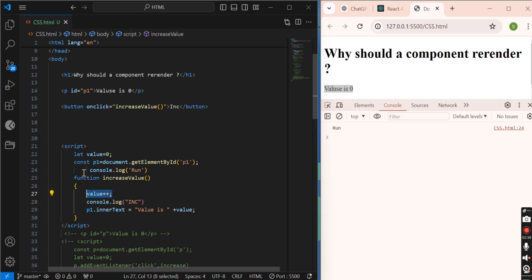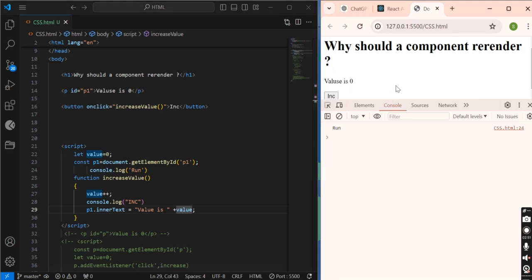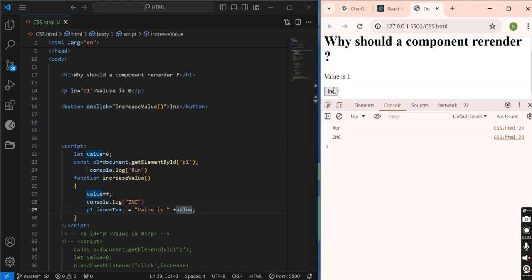I have accessed this element using its ID and changed its inner text, setting its value to the new value, right? This is the basic functionality.